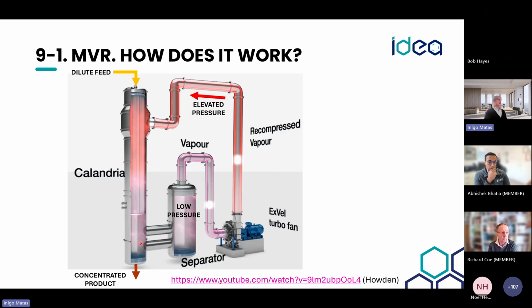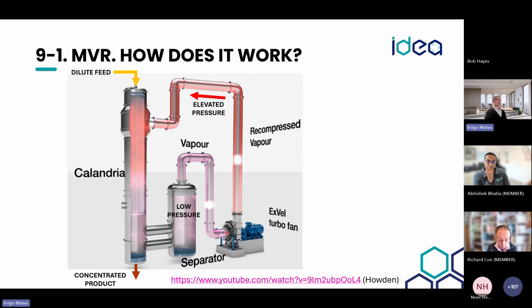process. We have this heat exchanger to which we are traditionally providing steam, and we will be evaporating water. So this is a falling film evaporator. What we are doing is compressing the low pressure vapors that we are producing, but we are not going to use an ejector to mix them with higher pressure steam. Instead, we're going to be using this fan, which is going to compress that vapor to the point that it can be used in the system. So what we are producing goes back directly into the system.